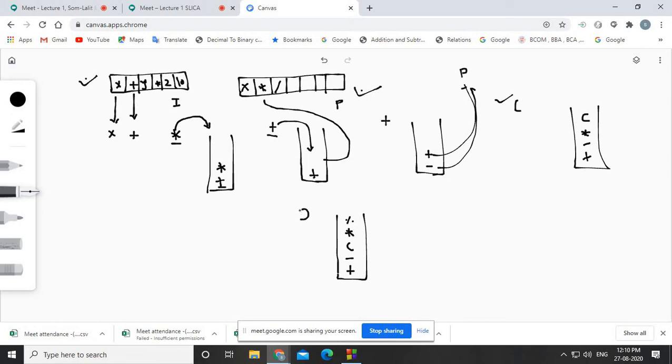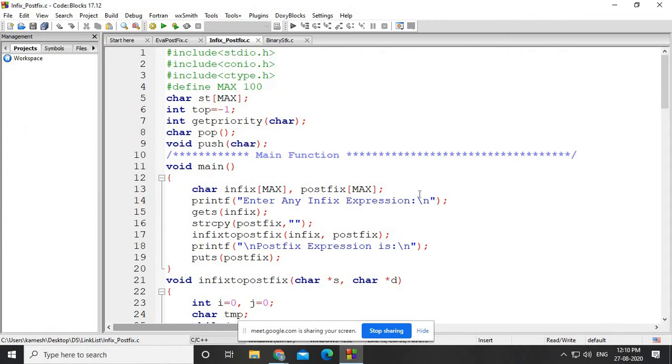So see, if a closing parenthesis is coming from the infix array, then obviously before that its opening has to be there in the stack, right? So between these two, whatever operators are there, you need to pop them and insert them into the postfix array, right? So these are the common rules which we need to write while we are implementing this as a program. So here, see, I am having a program.